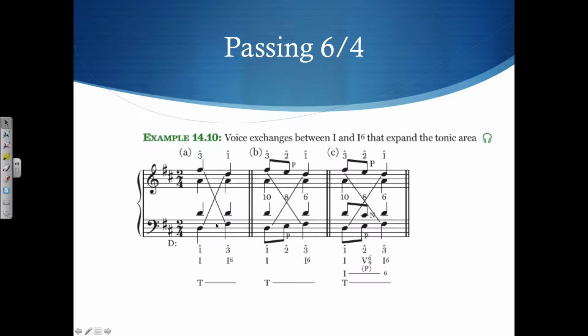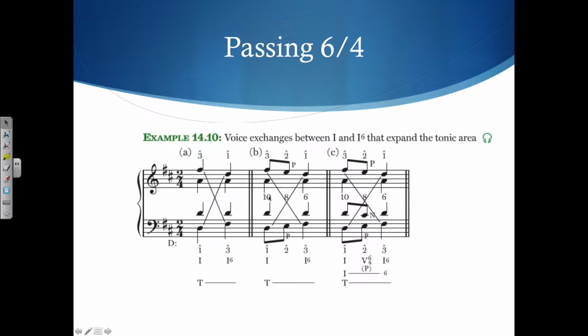Now let's embellish this line a little bit. Here, let's add in what we call a passing tone. So here, when the F sharp moves to D, it's just going to simply move stepwise down to the D and stepwise up. And look at this. It creates a kind of symmetry here. So the voice exchange is even heard with more clarity. So the harmony has not changed at all, but I've embellished it a little bit, and we can still see that the voice